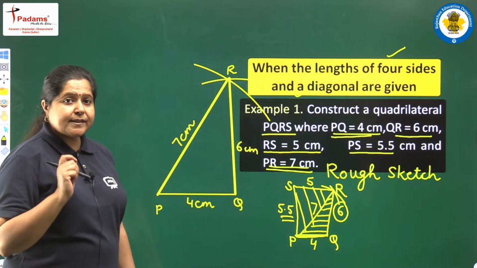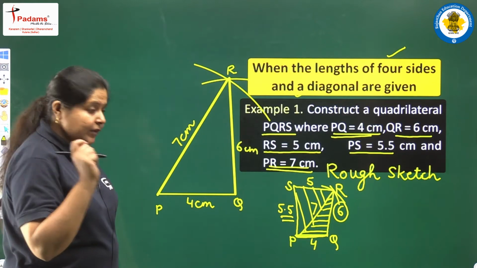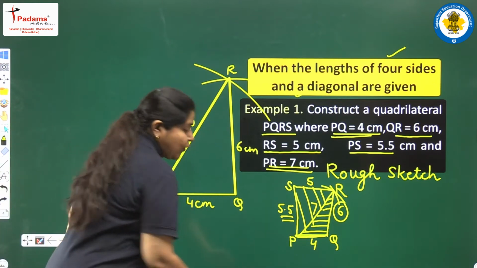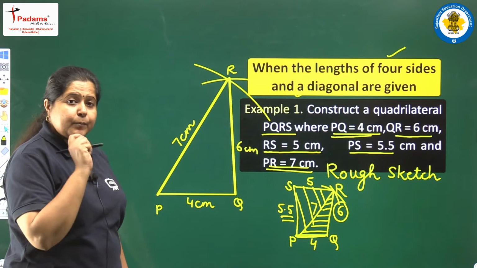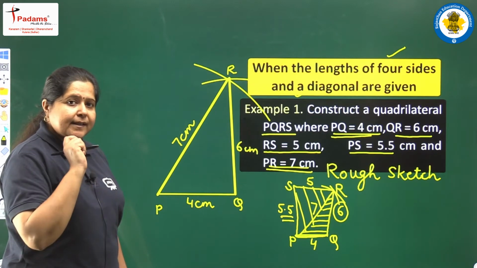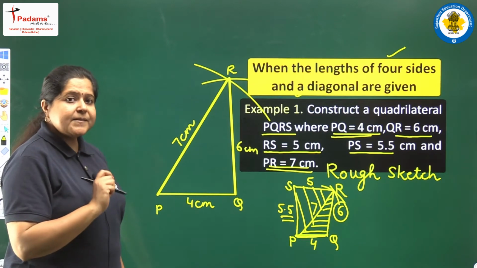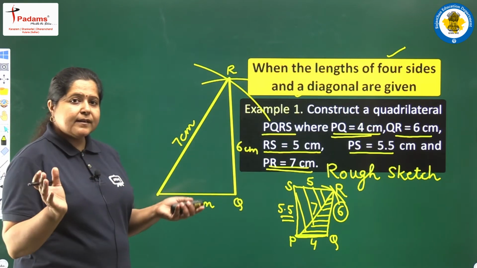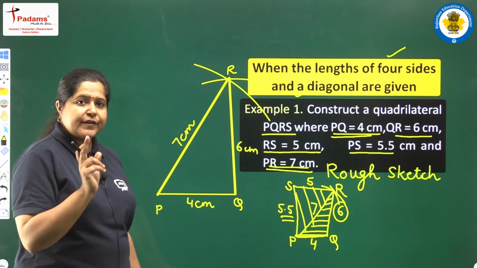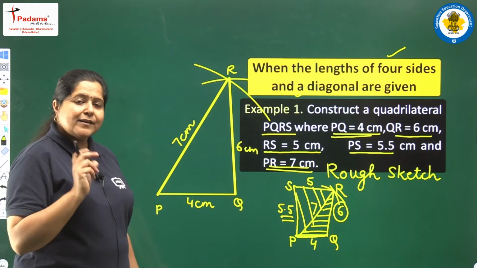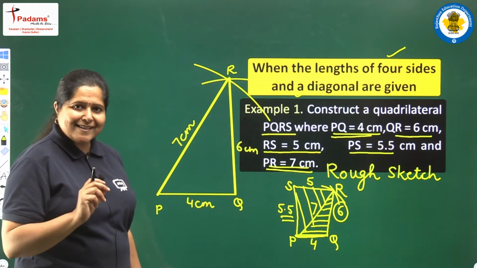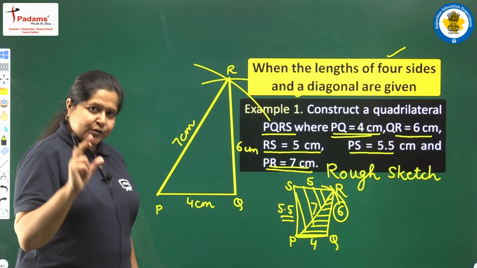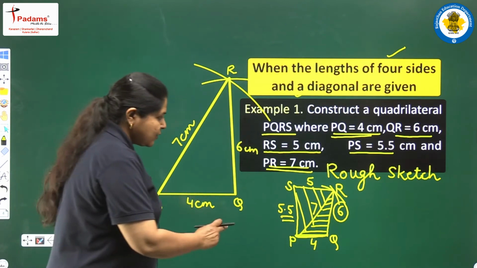Why are we using the terms radius and then we will be using the term center for this point where we will be keeping the pointed end of the compass? We will be using these terms because we know that an arc is a part of a circle, a part of its circumference, and for drawing a circle we definitely use the terms center and radius. So we are using the same terms here also.